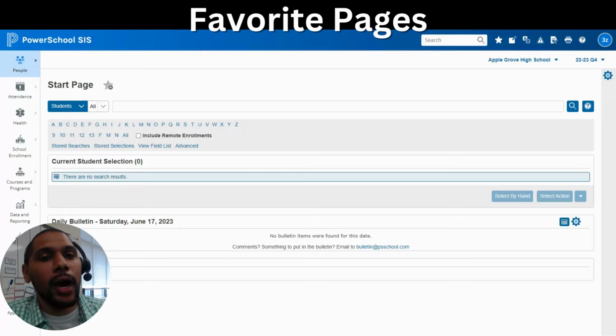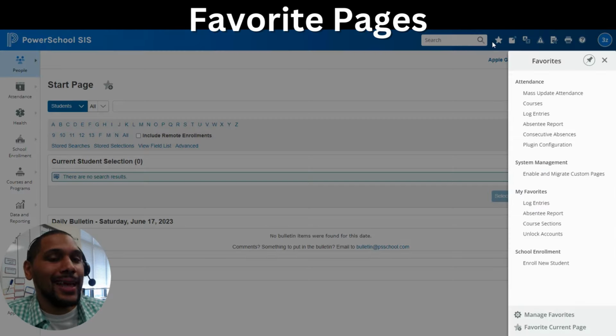Okay, so I'm sure we all have some pages that we visit more often than others within PowerSchool. Well, PowerSchool's thought of this with the newest version. If you look at the top of my screen next to the search box, you'll see this star. That star is where all of your favorited pages are located. You can see that someone's already added a lot of favorited pages to this profile, but I'll show you how